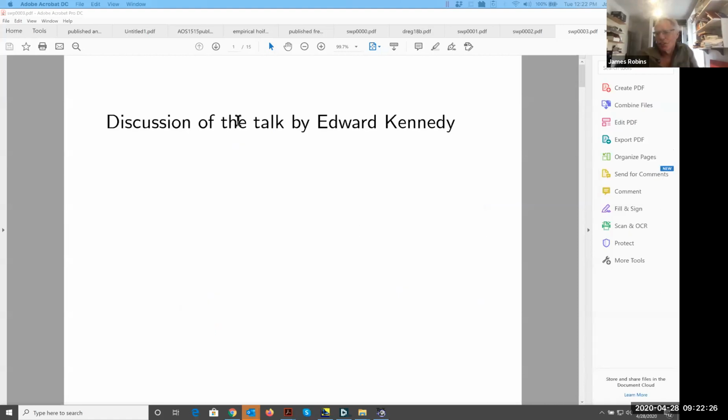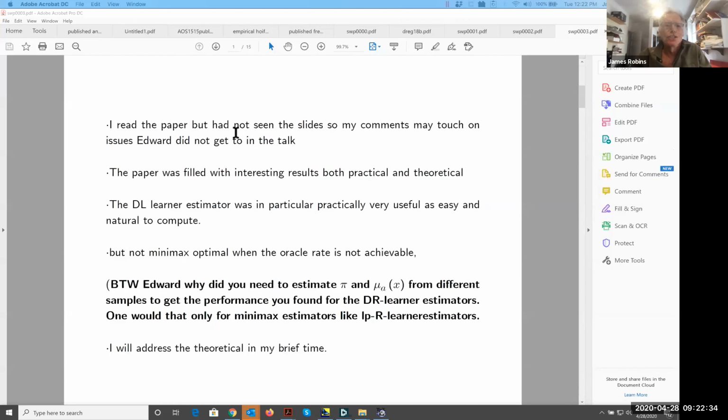Okay. So I'm going to discuss Edward's really beautiful talk. I'll explain what I'm going to do here. I read the paper. I didn't see the slides when I made this, but he covered most things. The paper was filled with interesting results, both practical and theoretical. The DR learner estimator was in particular practically very useful. It was easy and natural to compute, but as he said, it was not minimax optimal,